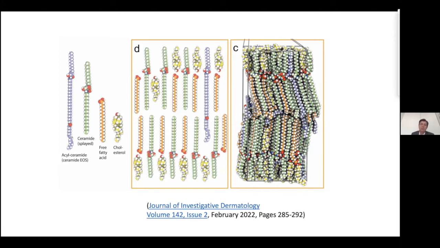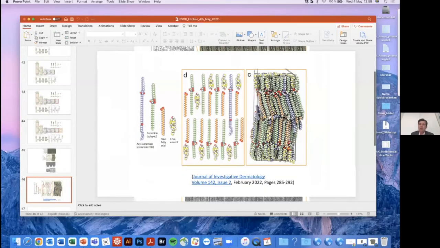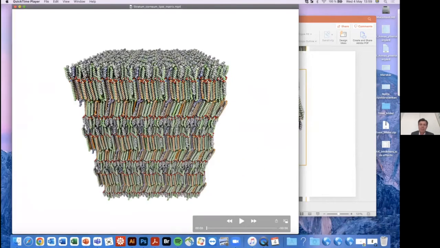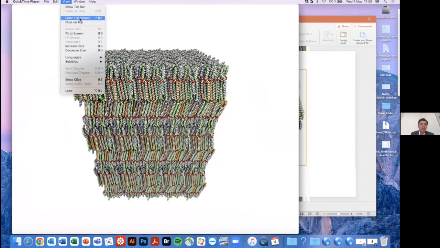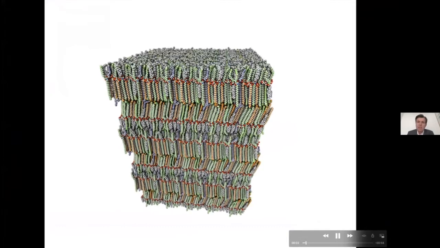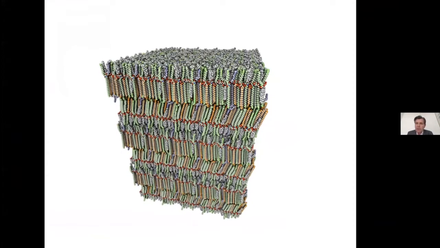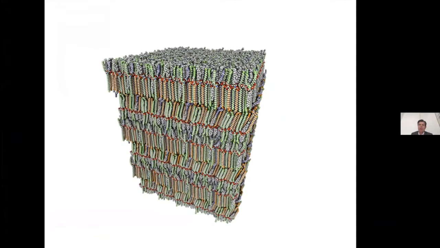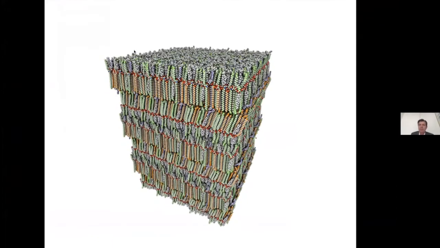And then we use this model for, now our work is, calculating and studying how it's deranged in different skin diseases, like for example atopic dermatitis. And I would like to show you what the molecular dynamics model actually looks like in reality, because these are dynamic models. So I will show you here in full screen how it moves. And I've understood that you don't see it as smooth as I do because of the internet connection, but I hope you can see something at least,